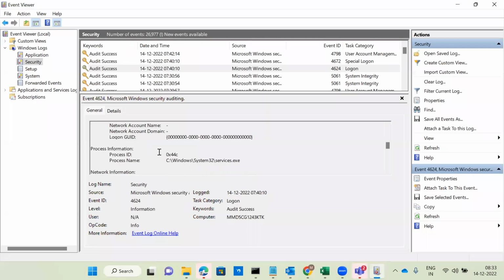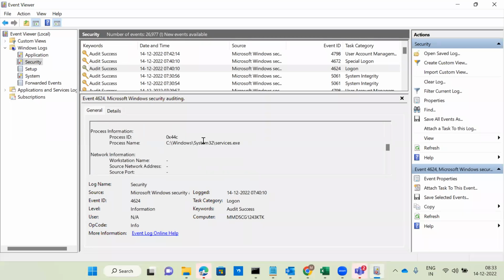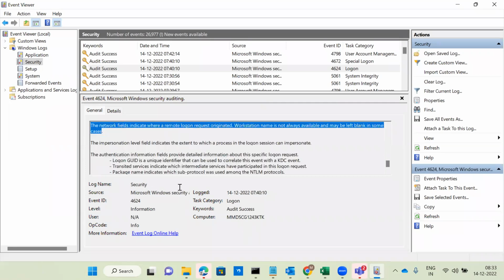Process ID, every log has a process also. Process ID, process name, where this particular log is processed, services.exe. Once a brute force attack comes, in that log all these will be there as payload and all these logs will appear.